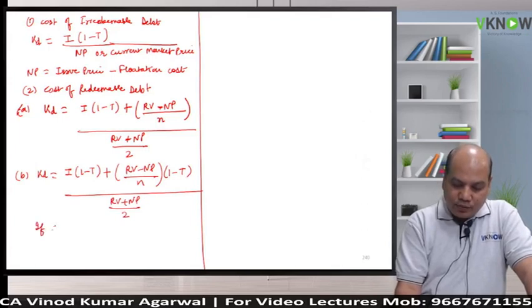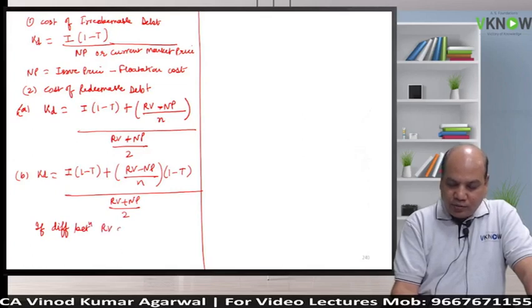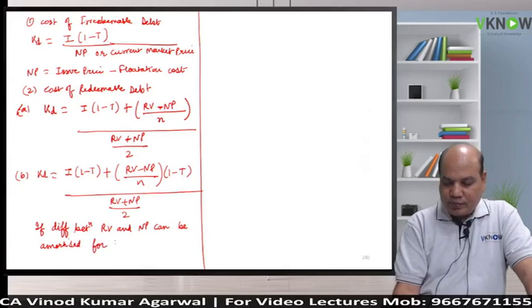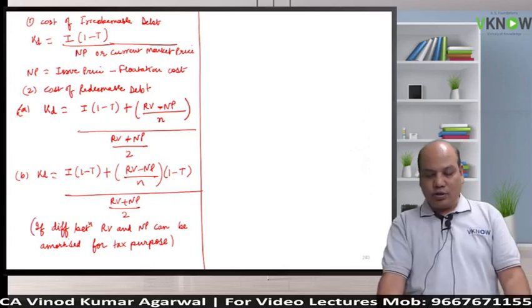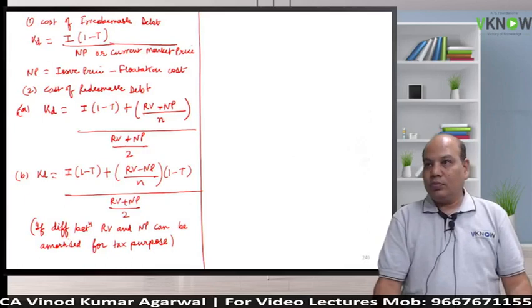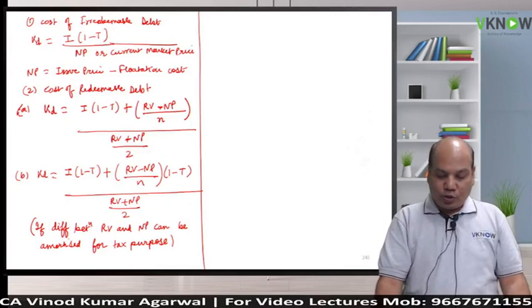If the difference between RV and NP can be amortized for tax purpose, then you have to use the second formula. Otherwise, whichever formula you use, write the assumption. Yes, sir. This formula gives you an approximate answer,